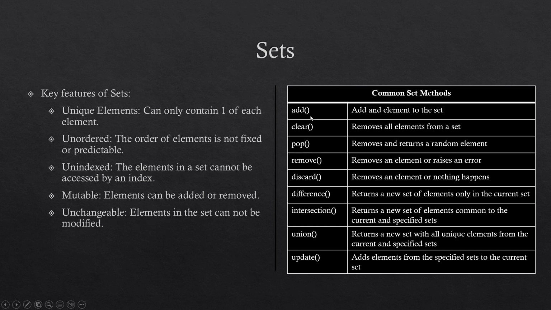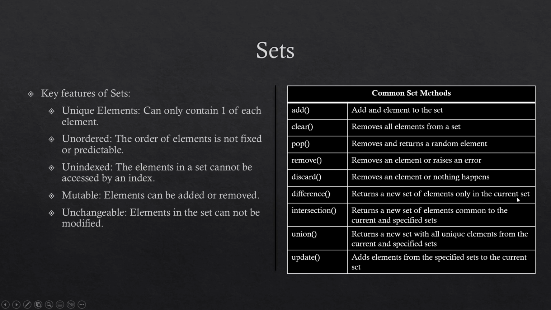Some common set methods are the add method, which adds elements to the set, the clear method, which removes all elements from the set, the pop method, which removes and returns a random element from the set, the remove method, which removes an element or raises an error if that element does not exist, the discard method, which will remove an element or nothing will happen if the element does not exist,